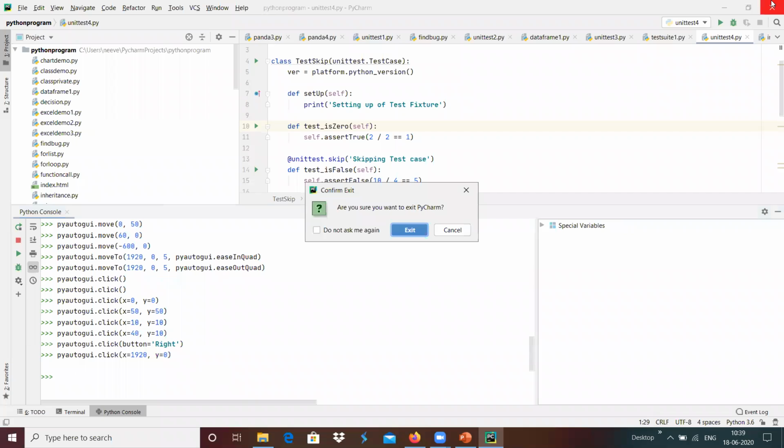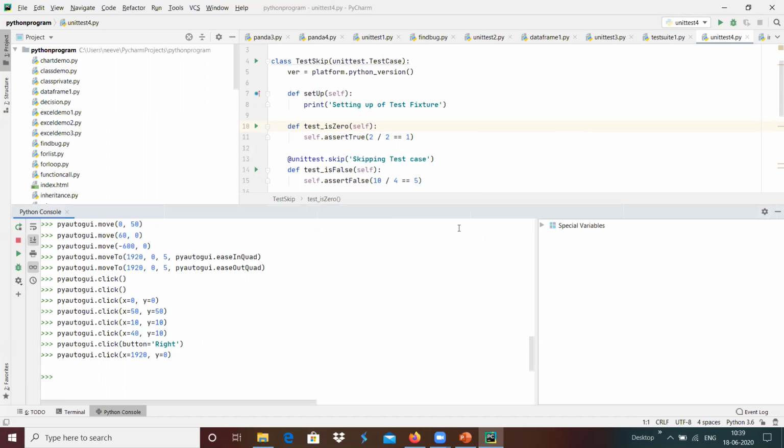Yeah, which has been generated, and it asks whether to exit or cancel. The mouse click event has been generated, the close button has been pressed programmatically, and it asks whether to exit or cancel. We can do that kind of automation with the help of PyAutoGUI.